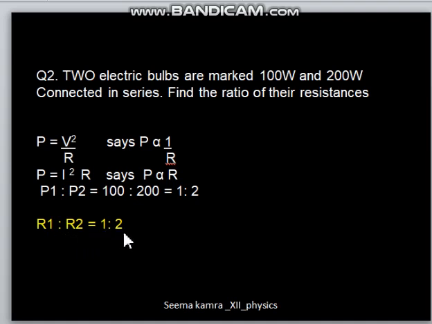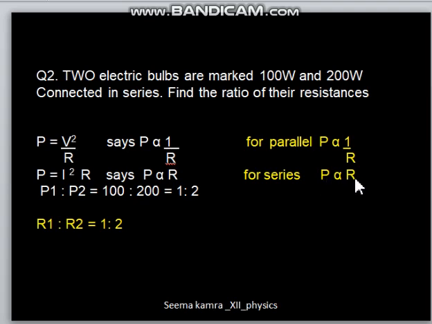So you notice, students, that only one term in the question was changed. If parallel is written, then the resistance ratio was coming 2:1. But if series is written, then the ratio of resistances is coming 1:2. So very carefully you have to read the question and accordingly you have to answer. So just learn this technique. The techniques are written here. For parallel, you always apply P inversely proportional to R, and for series, you apply P proportional to R.